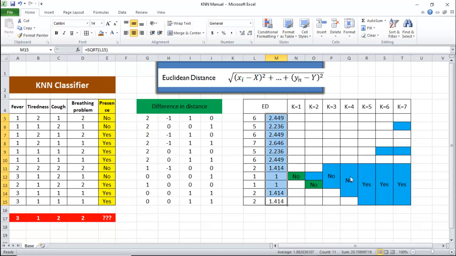Now, what is K? In a KNN classifier, K refers to the number of neighbors that you are going to consider. The fixation of K is in our hands. You can start with 1 and go up to even the number of entities that you have. Considering how to set the value of K, and what will happen if a smaller value or a bigger value is used, we have seen in the theory section what happens when the value of K grows larger.